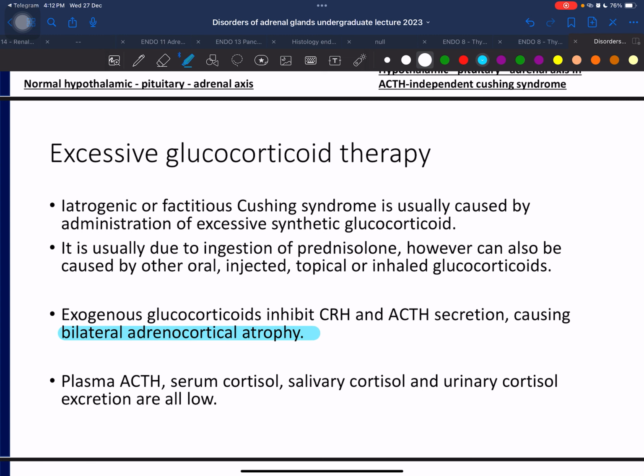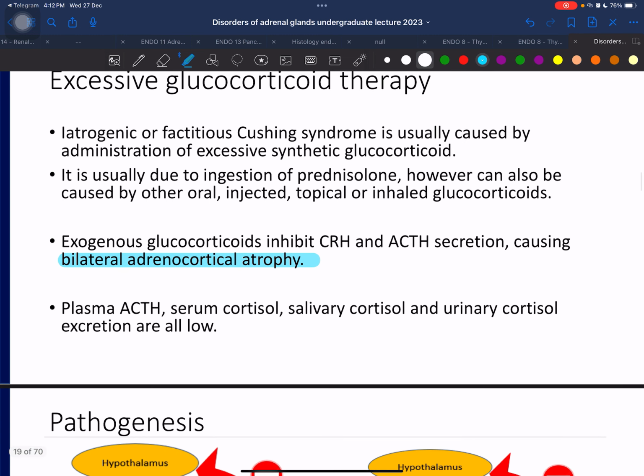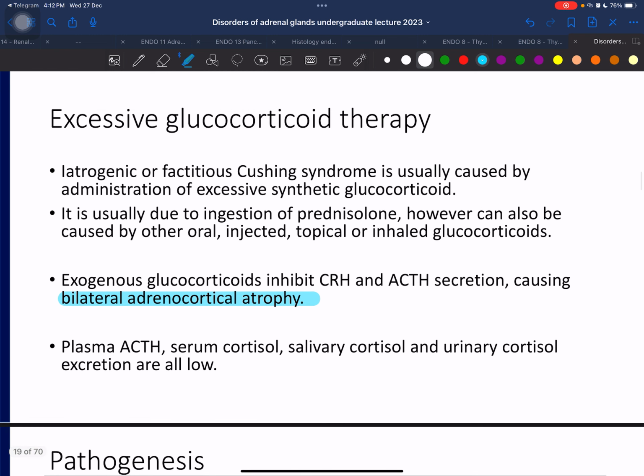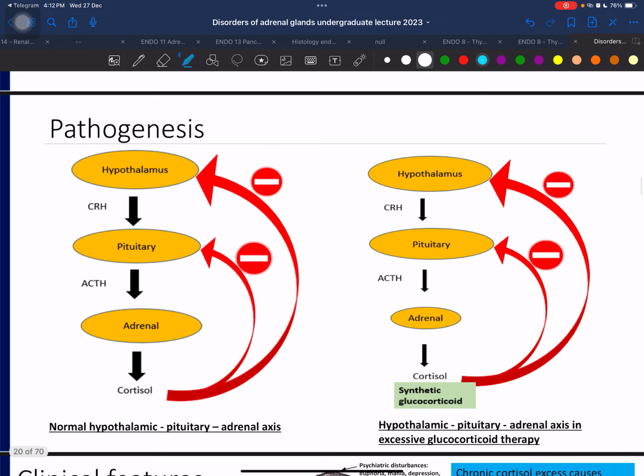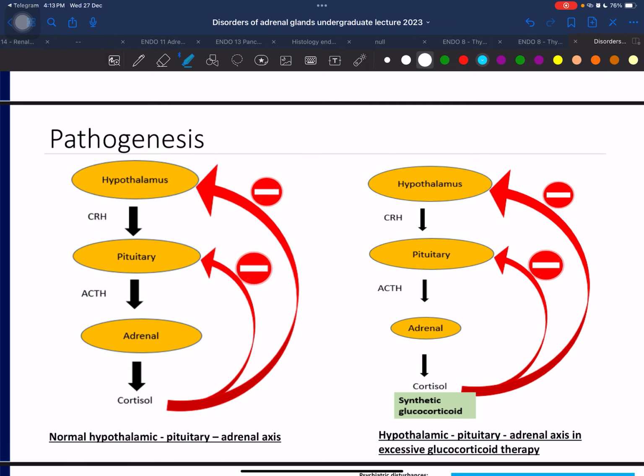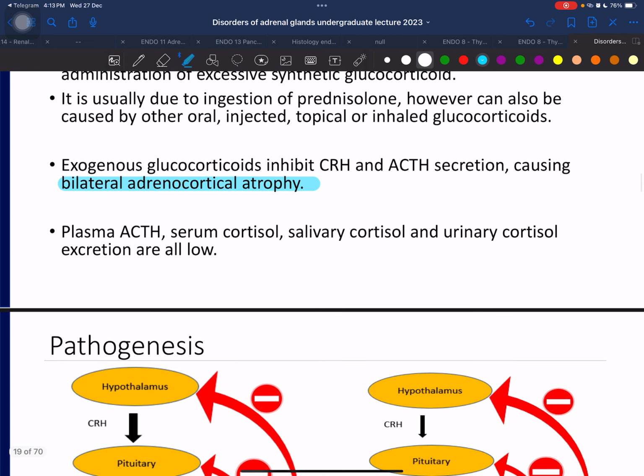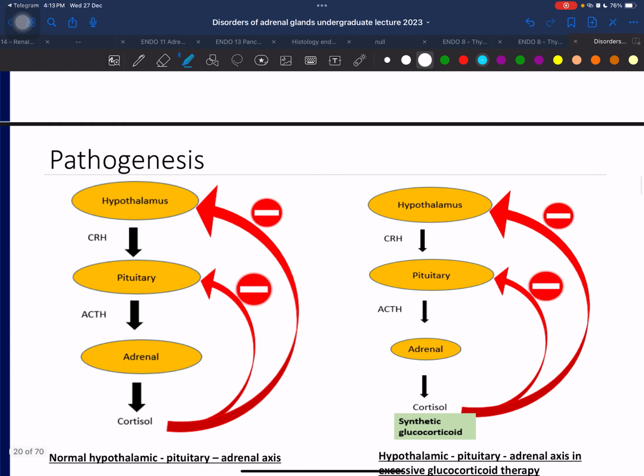Synthetic glucocorticoid, so the body thinks that, oh, you have a lot of cortisol. The body does not know it's actually synthetic. So it causes an inhibition of the CRH and ACTH. So both of these are low. Of course, the cortisol produced by the body is also low. But then actually, the patient will still have signs and symptoms of hypercortisolism because the patient is taking exogenous cortisol.